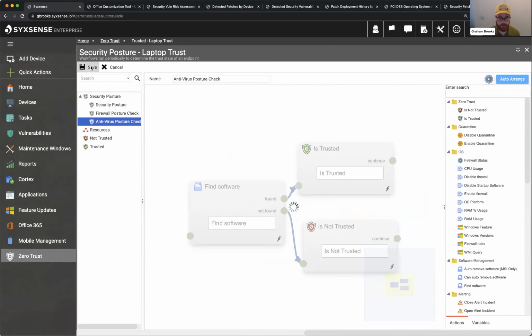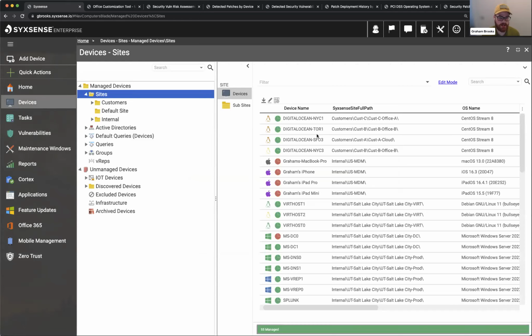And now we have a couple postures. We have our firewall posture check, and we have our antivirus posture check. Now I want to enforce this because we have some schedules. We're doing this on 10-second rotations, but we need to define a device list, a context in which this work gets done. If I go over to devices here on my left-hand sidebar, you can see that I have a